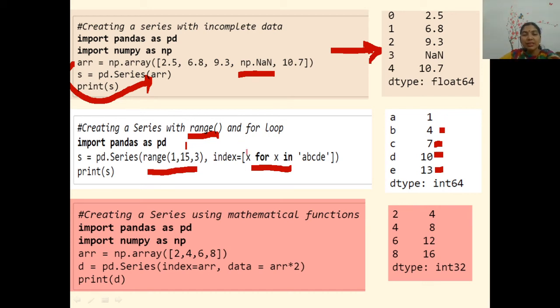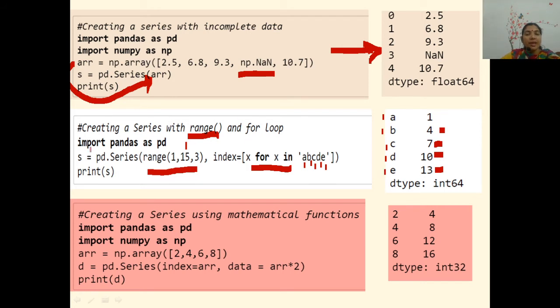Whatever you have learned, you can utilize. So x for x in A, B, C, D, E. This x will start for every x in A, B, C, D, E, and one by one it will take it out. So first thing is A. Second thing B. Third x is C. Then D and then E.